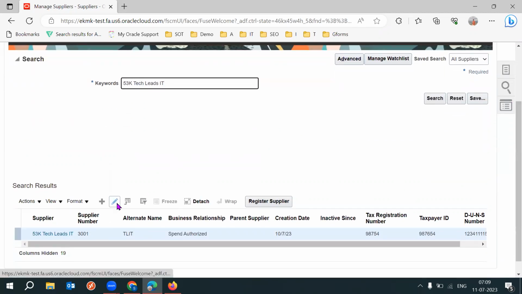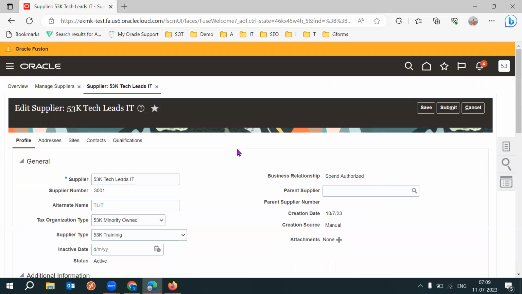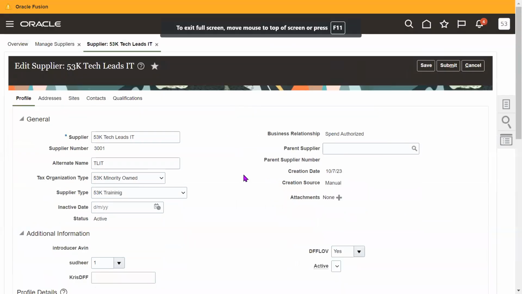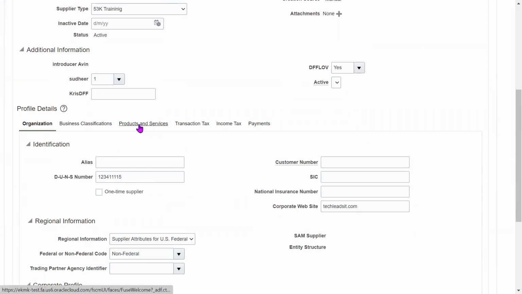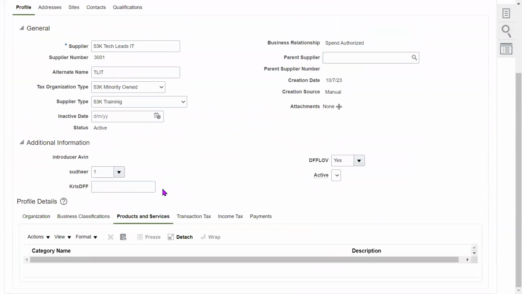And I'm clicking on the edit button. And if I scroll down here under the production services,